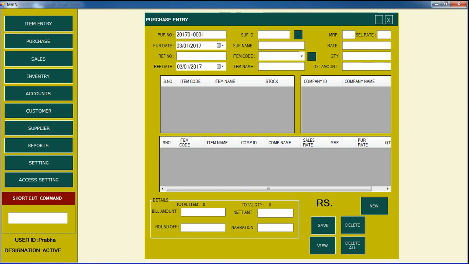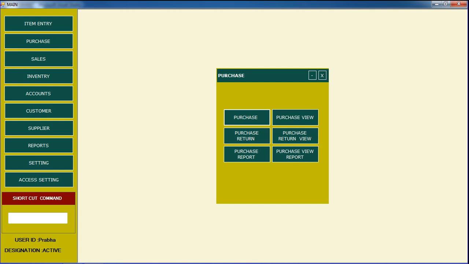The record is taken from the grid view to the text box. That concept I have already told in a before video, how to get the record from the data grid view to the text box. By using this concept I get all the record into the text box. Okay, friends, I have told you this concept. So just close it.